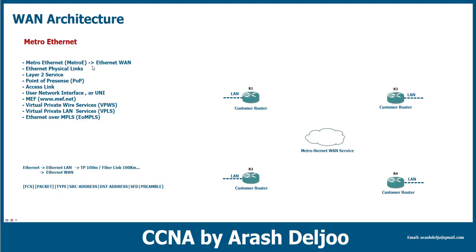You know that the other name of Metro Ethernet is Metro E. If you see this Metro E, this means that we are talking about the Metro Ethernet and also Ethernet WAN. Let me explain a little more about the Ethernet WAN. We have 3 types of Ethernet WAN. The first type is the E-line. Okay, you will learn about them, don't worry. And after that, the second type is the E-LAN, okay, and the third type